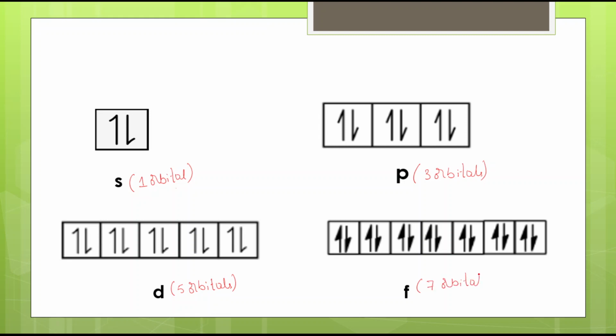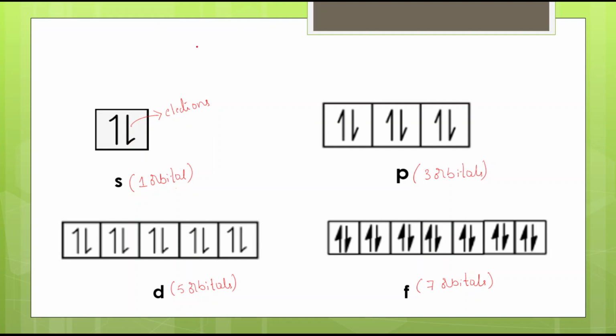So what are these orbitals? These are the space or the region within the subshells where electrons are present. Clear? So in S subshell we have only one orbital. What are these? One is heading upward and one is heading downward. So these are nothing but electrons. So orbitals consist of electrons. In one orbital, 2 electrons are present. You can observe in each block we have 2 electrons there. One is towards the upward direction, one is towards the downward direction.